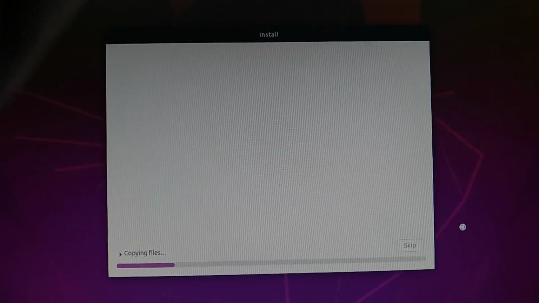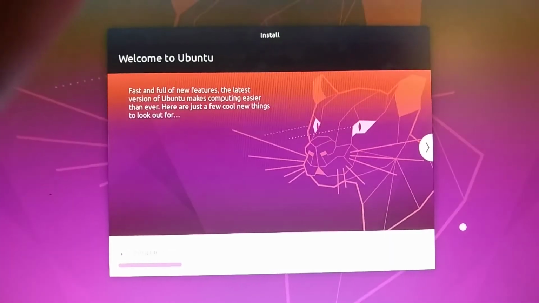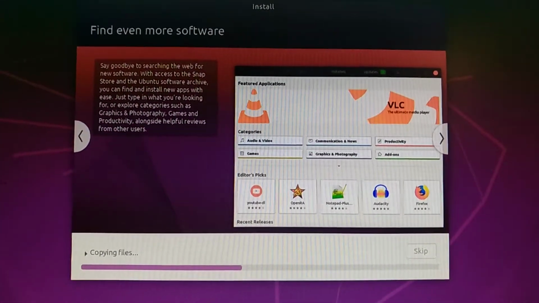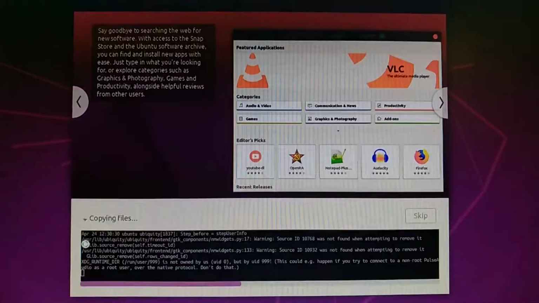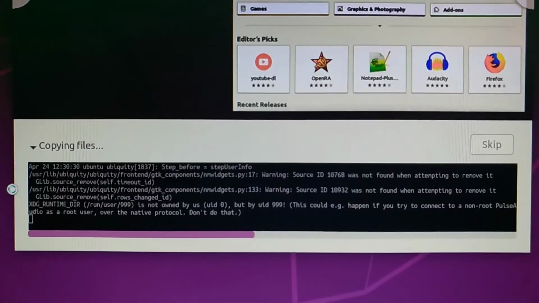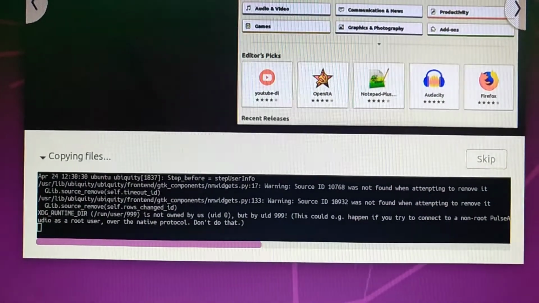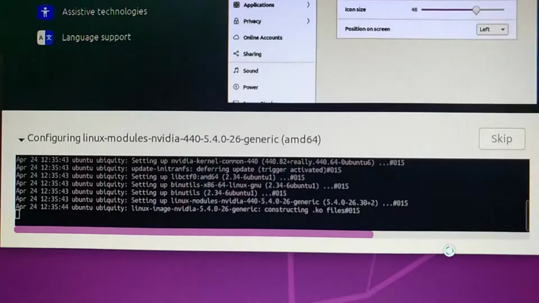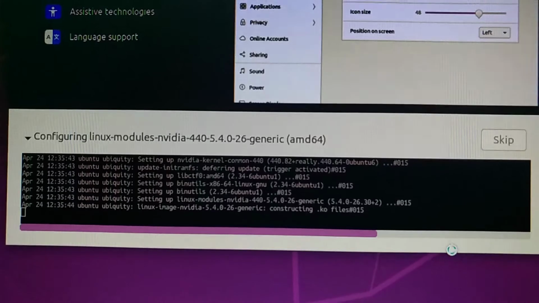Now you see it prompts that Ubuntu is installing, copying files. What is happening here is that in the background it is installing our operating system, one instruction at a time. First it's copying some files. Now you see the Linux modules and the NVIDIA driver.